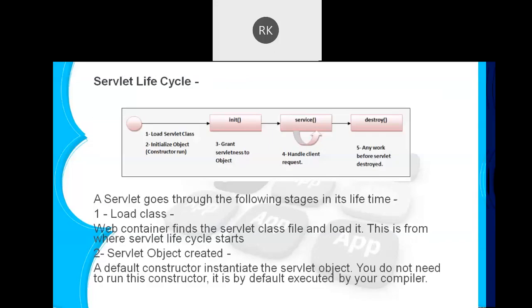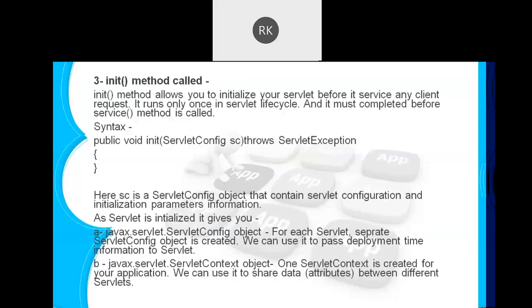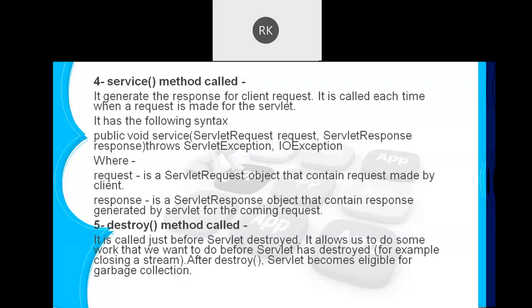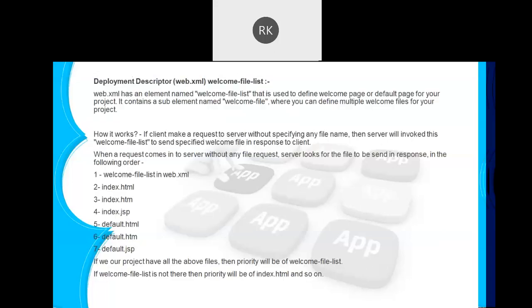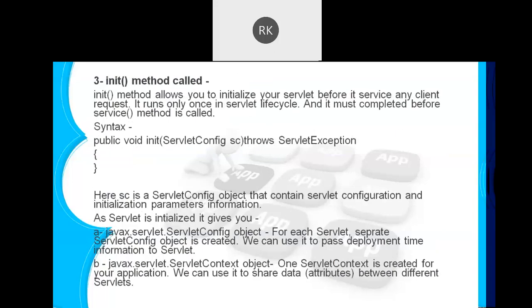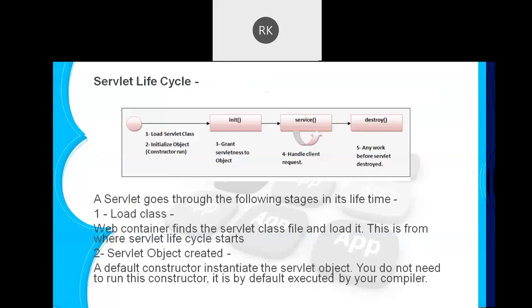Okay, so this is the life cycle of a servlet. In short, you can say init, service, destroy is the life cycle of a servlet. In the init phase, it will be initialized, then it can service the user where it can produce the output. And in the destroy, you can specify the task that you want to complete before the servlet is actually destroyed. And after this, your servlet will become eligible for garbage collection. Okay. Anyone any doubt in the life cycle?